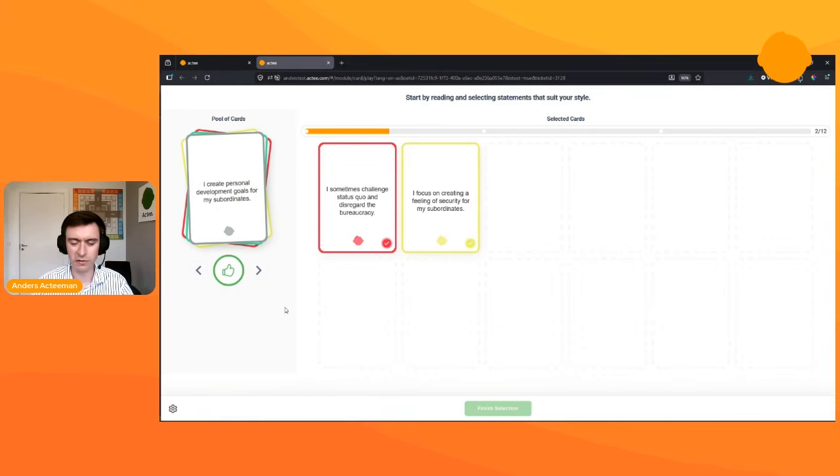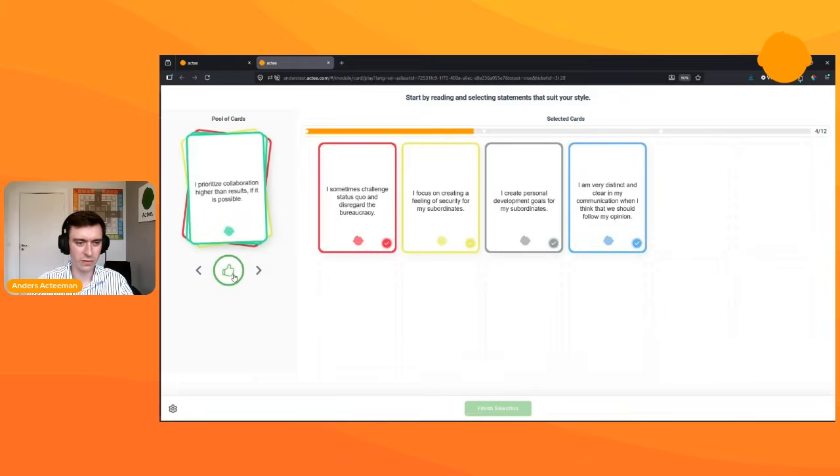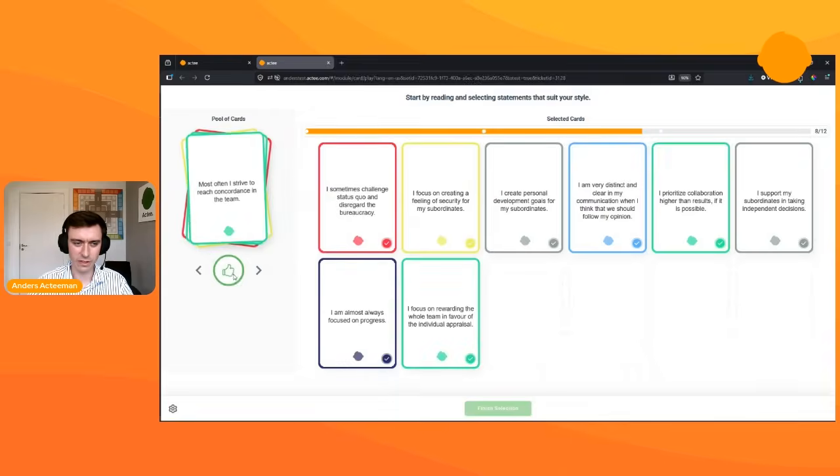Once you're done with that, if you're playing in a session, you can start swapping cards with others. So if I selected a card that suits me, but I actually think it suits one of my colleagues even more, then we can start swapping after the game has ended. If we just select all of our 12 cards here,